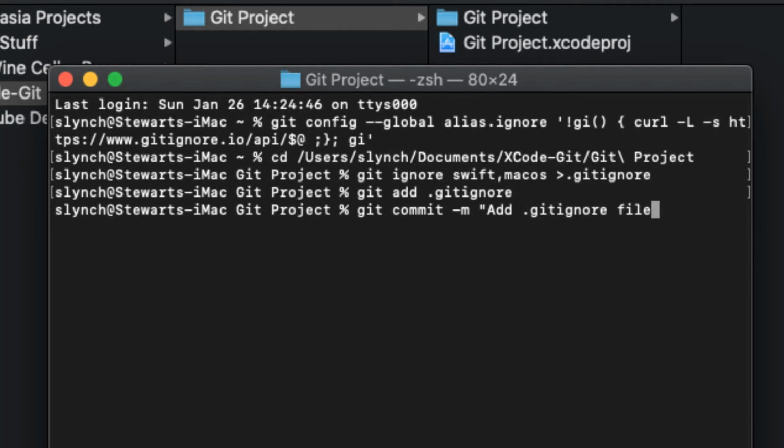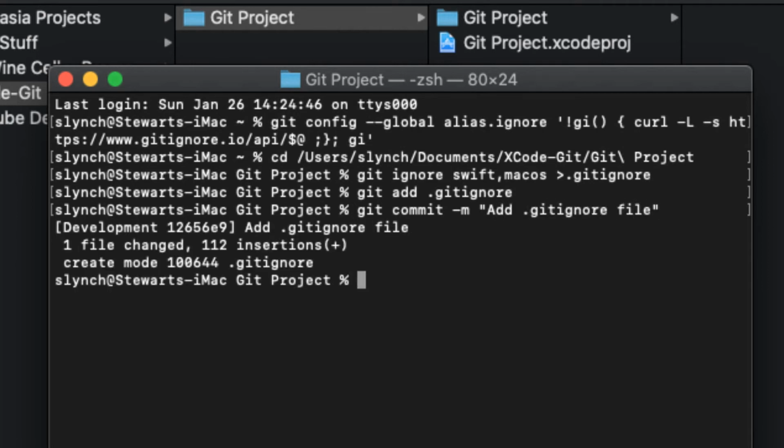This downloads the most current .gitignore configuration for writing Swift code on macOS, and then adds the .gitignore file to your repository and commits it with the message that was in the last line. Note, it's a good idea to create and add .gitignore to your project as soon as you create it before